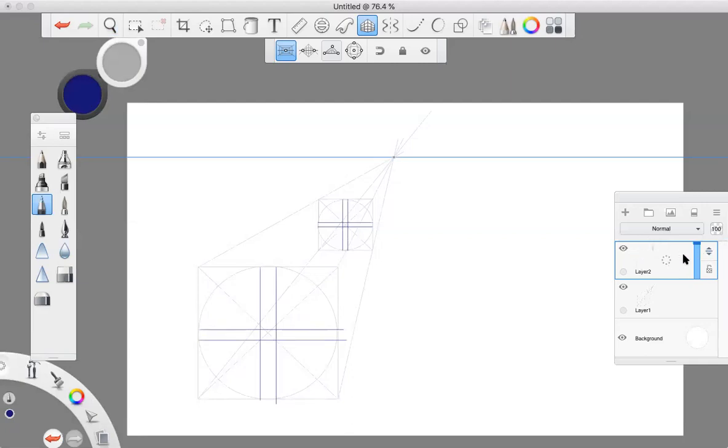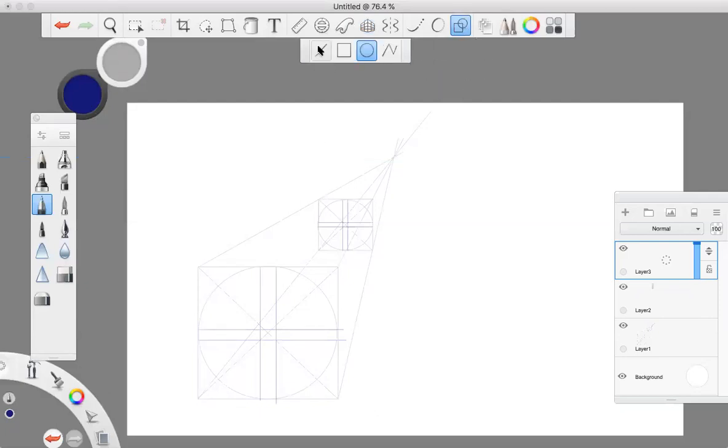So now what I'm going to do, I'm going to lower the opacity of that. I'm going to make a new layer. Okay. Now things get fun. I'm going to go to my straight line tool. And then what I'm going to do